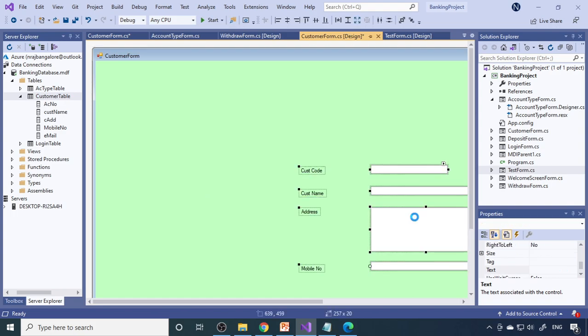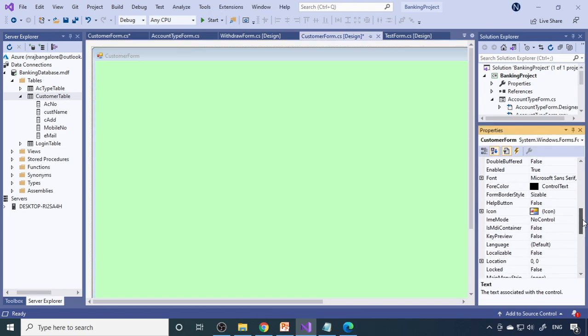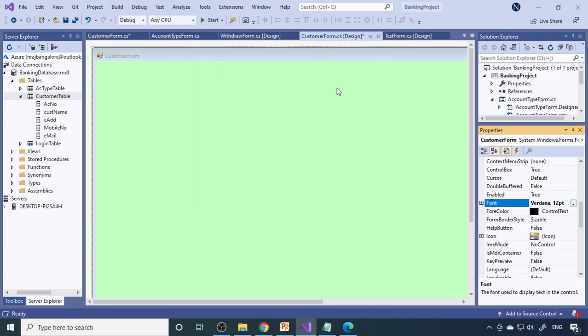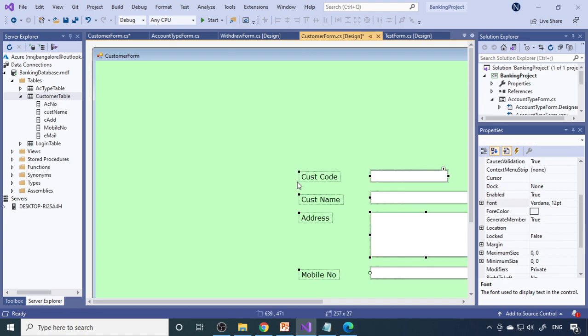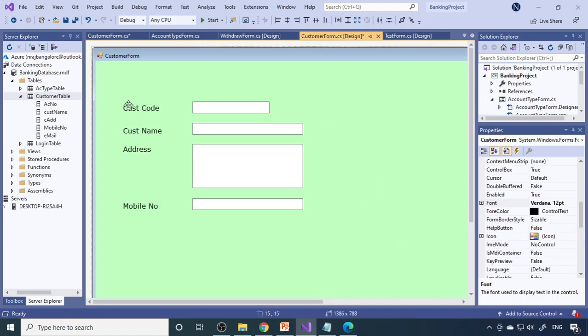Okay. So now the first thing you need to do is change the font. Otherwise, you need to change the font for every control, and that takes a very long time. So if you change it at the form level, then automatically it will apply to all the controls on the form. So now you can see that all the font is changed. I can keep it over here. So here now I can change to account number.